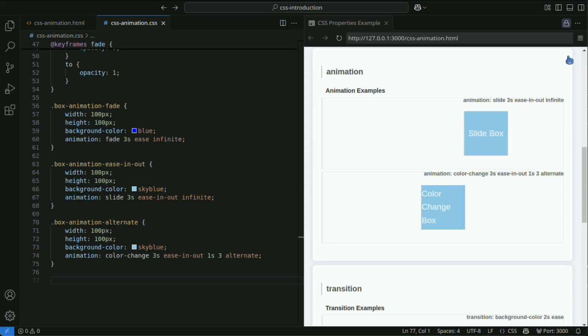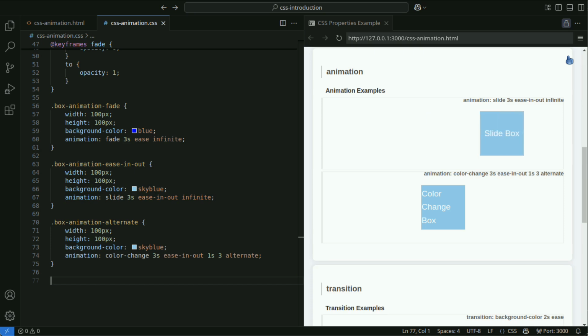Specifying linear makes the animation progress at a constant speed from start to finish. Specifying ease-in starts the animation slowly and ends it quickly. Specifying ease-out starts the animation quickly and ends it slowly. Specifying ease-in-out starts slowly, progresses quickly, and ends slowly.